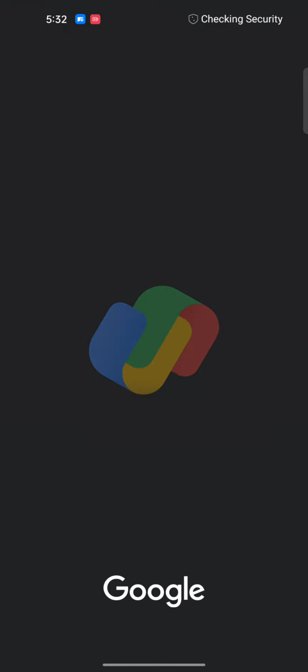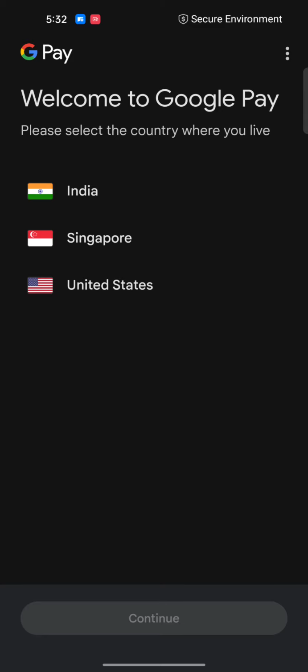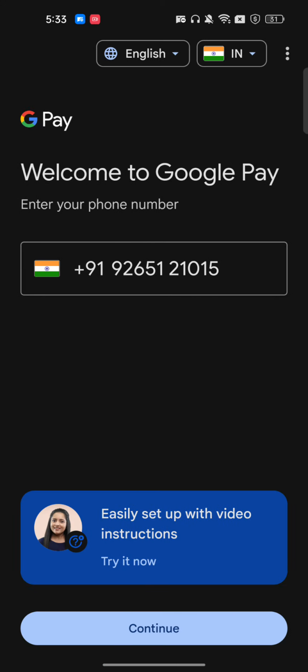So this is my Google Pay right now, and by the way, it's only available in three countries, as you can see here: India, Singapore and United States. So you have to select your country. Let's say I select my country here, and it will show me this is just a random number, not an original number of mine. So here you have to enter the phone number of whichever phone you're using